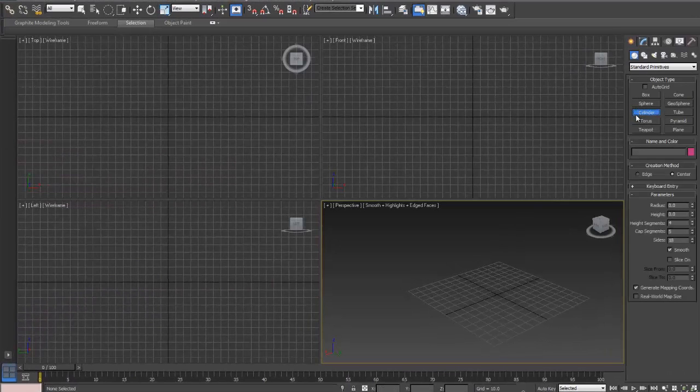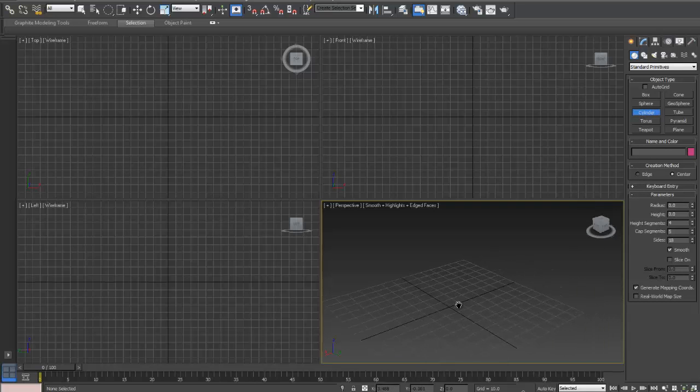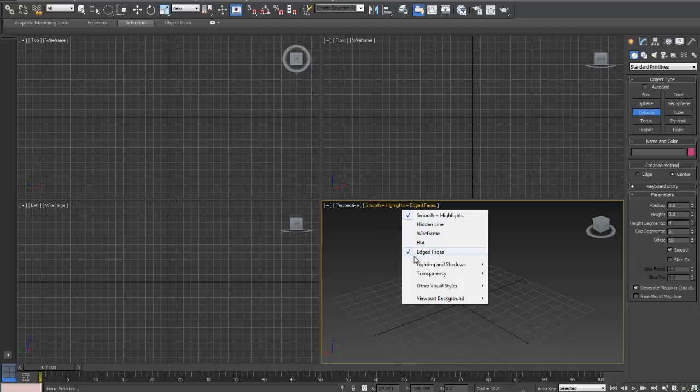Okay, I'm going to click the cylinder. You'll notice that everything in here has opened up. These parameters, drop down boxes, etc. Don't worry about it for now. Basically go into your grid down here in your perspective view. You'll notice also that I have smooth and highlights ticked, so you can see the edged faces in the objects